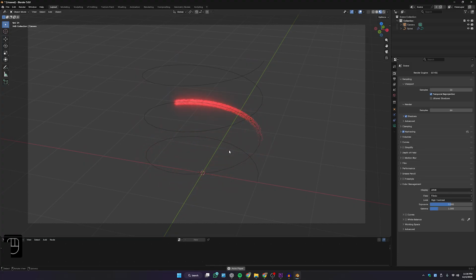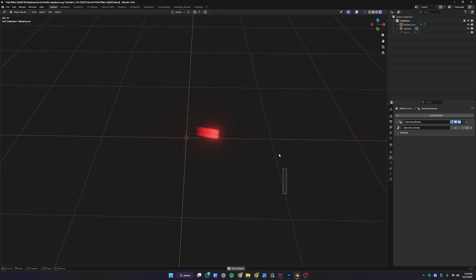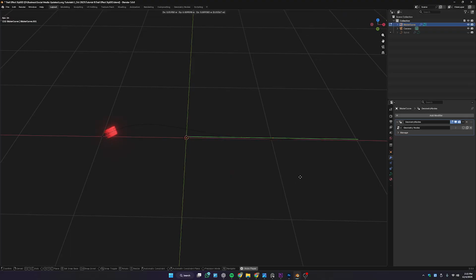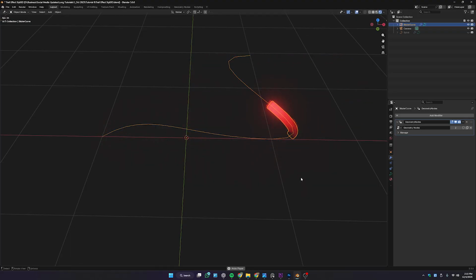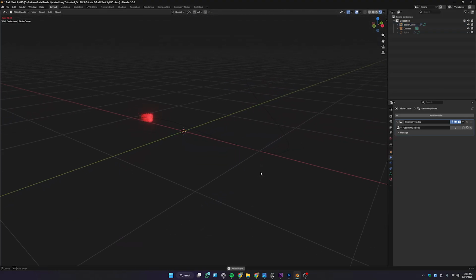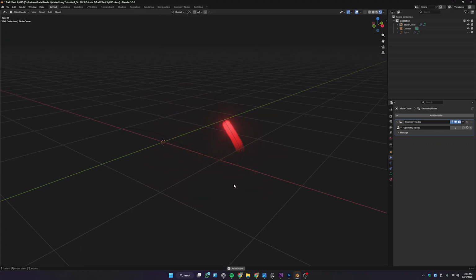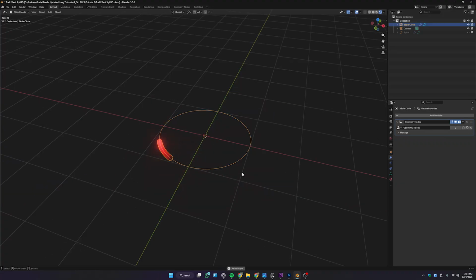Alright guys, today I'm going to show you how to create this beautiful trail effect in Blender. This is going to be a completely beginner friendly tutorial, even though we are using geometry nodes to create this trail effect. I'll go ahead and explain everything. With that being said guys, let's get into the video and see how to create this beautiful effect in